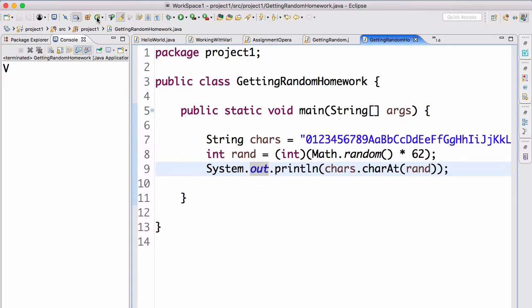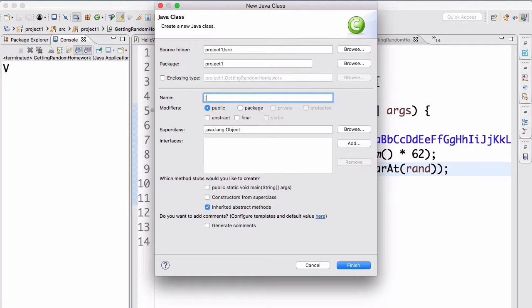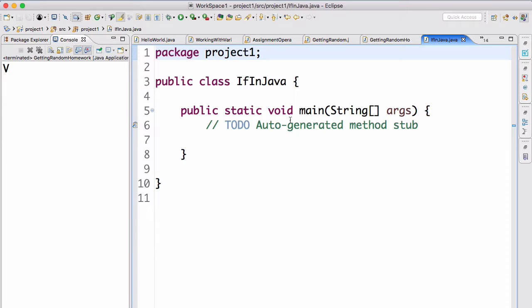So we're going to create a new class. This is going to be if in Java. Let's say IfInJava. As always, public static void main. And by the way, this is the last time I'm going to be creating a class on camera. So later on, I'm going to have a class already created when I start recording. So yeah, let's go ahead and finish. And there we go. So we have